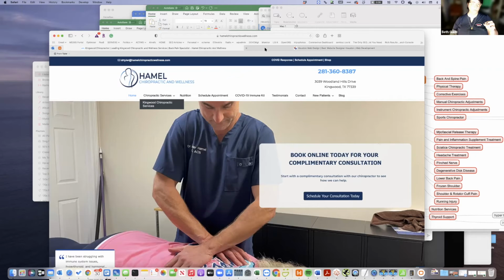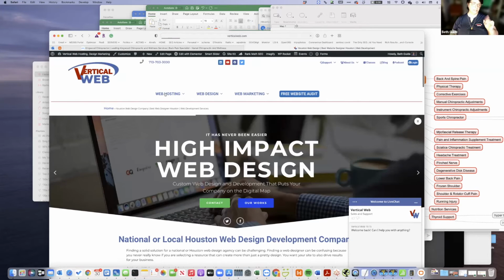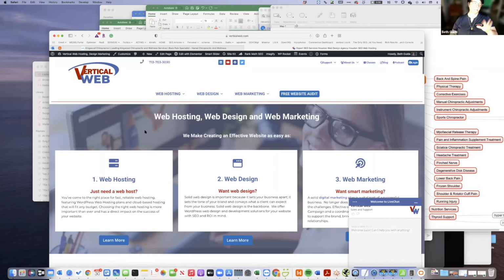Now on Vertical Web, I did it a little bit differently because I've been doing this 22 years. Instead of putting a drop down menu that mimicked my categories, I actually made them the main navigation pieces, because in this particular business, those literally are three businesses.